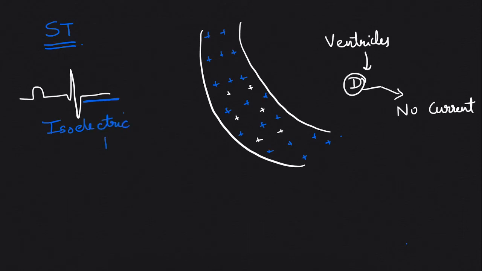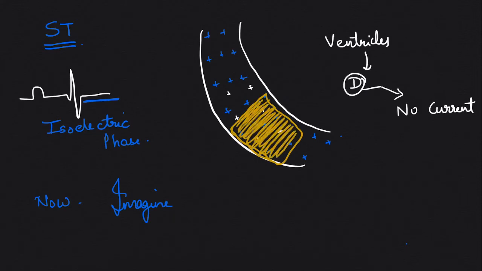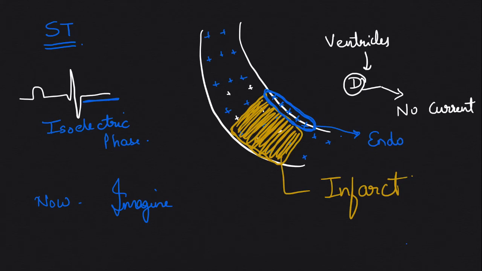Okay, now the same concept we'll use to understand how we get ST elevations or depressions. Now imagine there is an infarct, a transmural infarct, that is a full thickness infarct. So let me make it for you. A full thickness infarct in this wall, which I have drawn. Now remember, this is the isoelectric phase, so every cell is at the same potential. But now because there is an infarct, this region is at zero potential. There is no potential of this infarct. Now if you consider the endocardial lining, that will always be viable. Why? Because the endocardium gets its blood supply from the blood which is directly inside the heart, by direct diffusion. So that will always be there. So now we have a huge infarct and the endocardium is still viable.